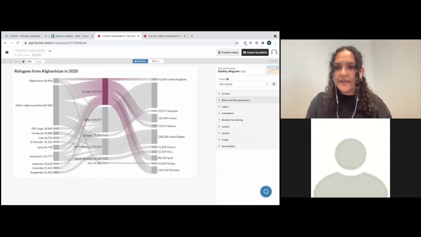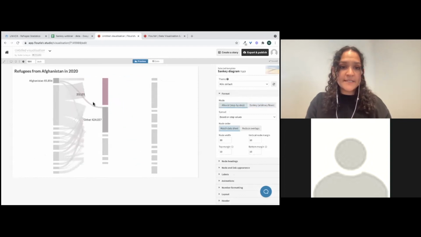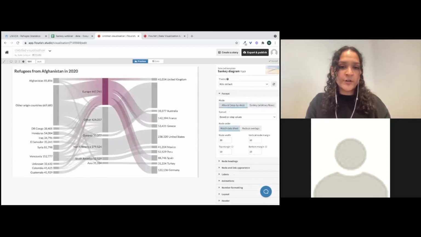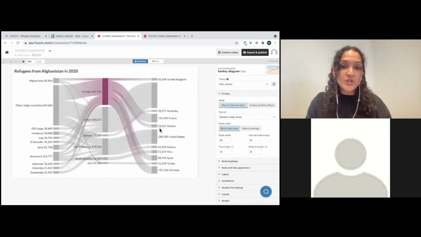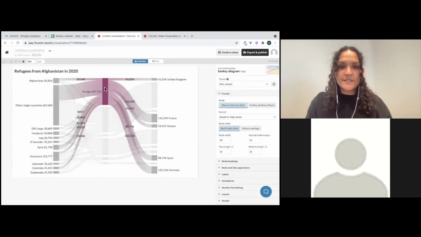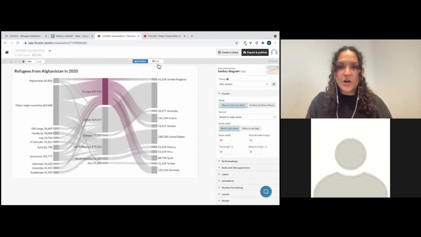So for this, we are doing an alluvial step-by-step Sankey because we have ordered steps that we're trying to get the user to go through. We have, again, our origin country, then we have our continent of settlement, and then we have our country of settlement. The based on step values would make sense here if I were to determine whether this node should be more to the left or to the right, and that basically depends on your step from and